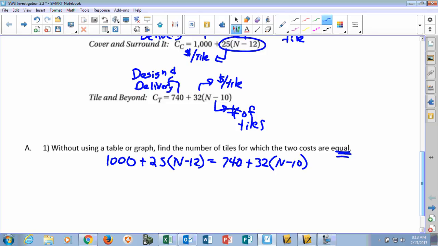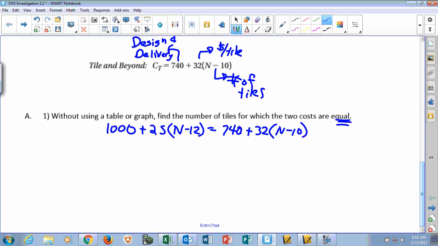So I've got variables on both sides, right? We've solved these types of equations before. Now it's just using our skills, and when we find n, that same number of tiles, that's when the two companies' costs will be equal, because one line's going one way, one line's going another way, and eventually they're going to meet at the same price. Okay? So if I take this 25 and distribute it,